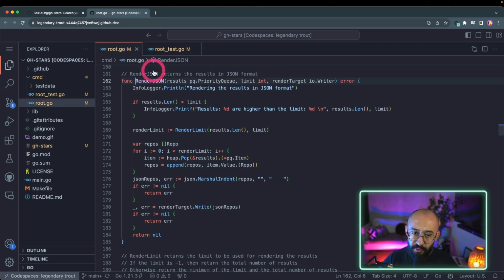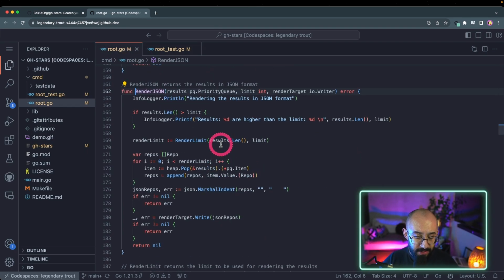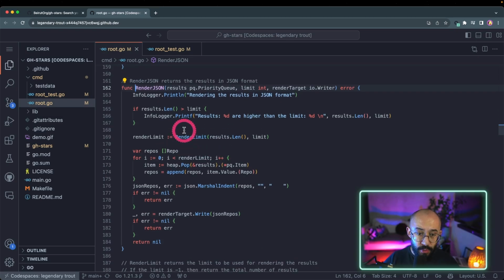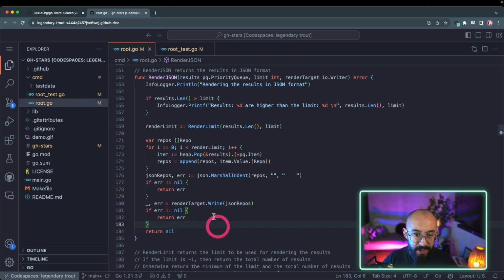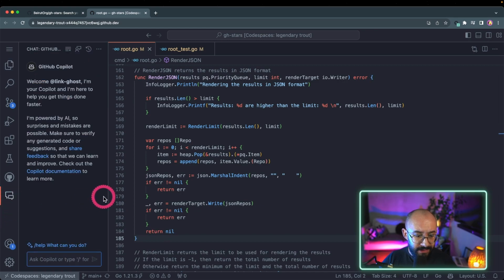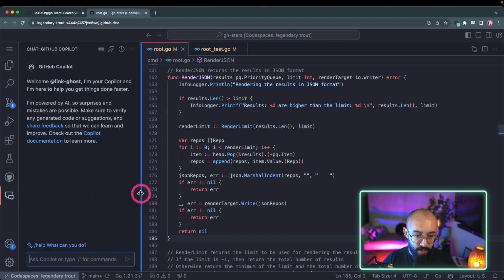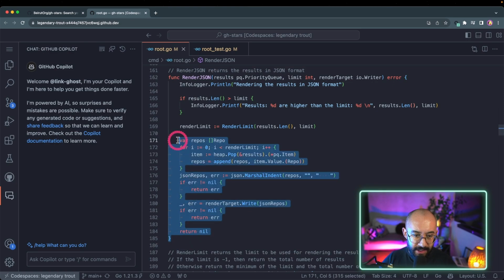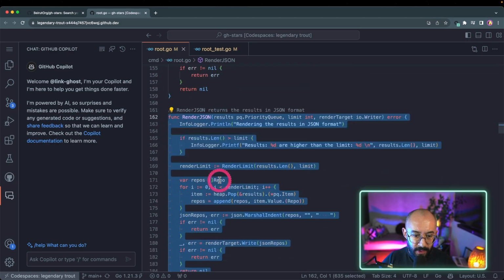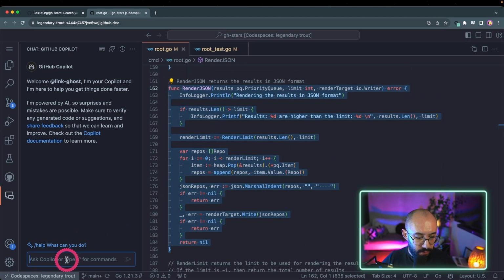However, we're not done. Before we commit and we push our changes and before we create the pull request, I want to show you a couple of really awesome stuff. So one of the ways you could use GitHub Copilot chat is to actually do some security reviews and analysis of your code before you commit it and before you create your pull request. So for example, we're going to select this function that we just wrote, right? And we are going to go to Copilot chat, and I'm going to say here,